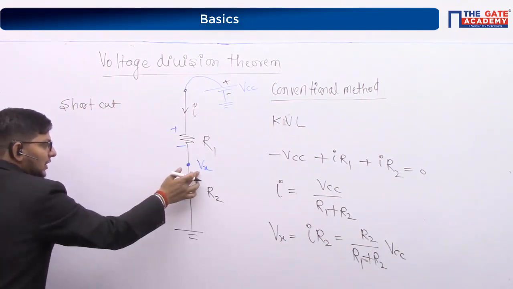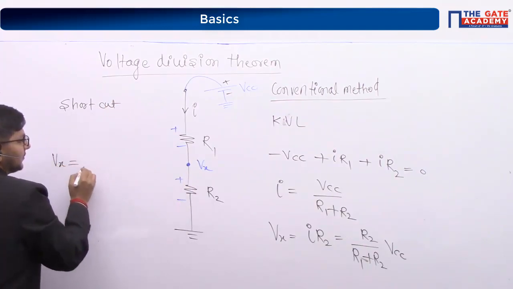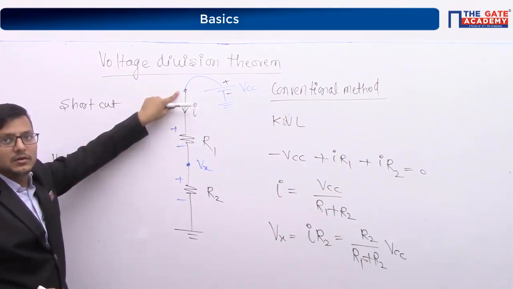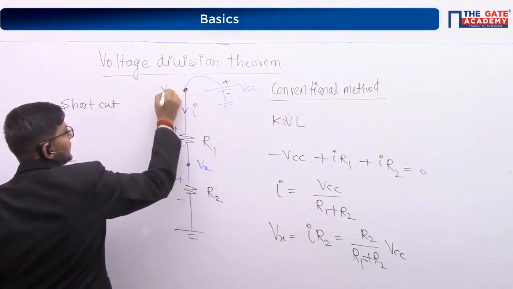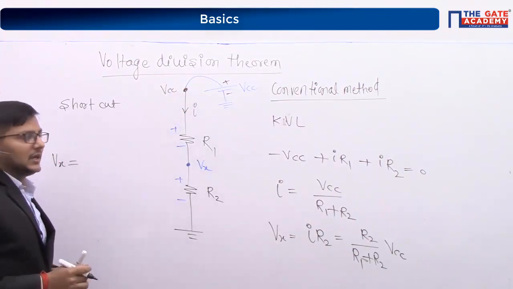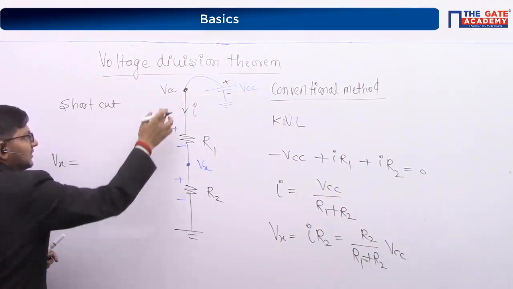If you have to find the voltage Vx, you can just write down. What is the voltage here? VCC. What is the voltage here? This point voltage is VCC. As I know guys, this point voltage is VCC. You can write as VCC